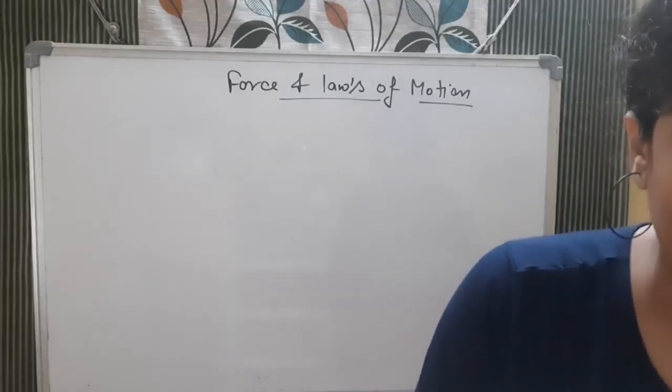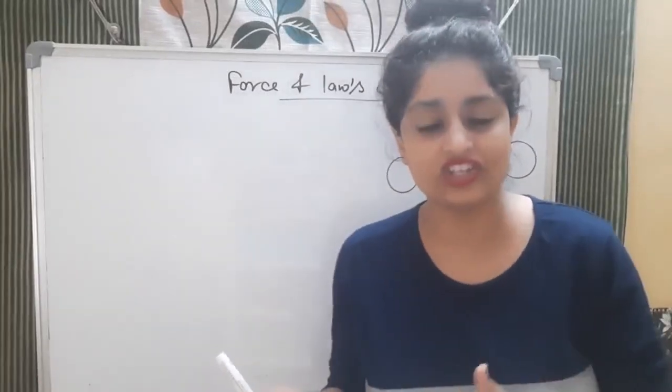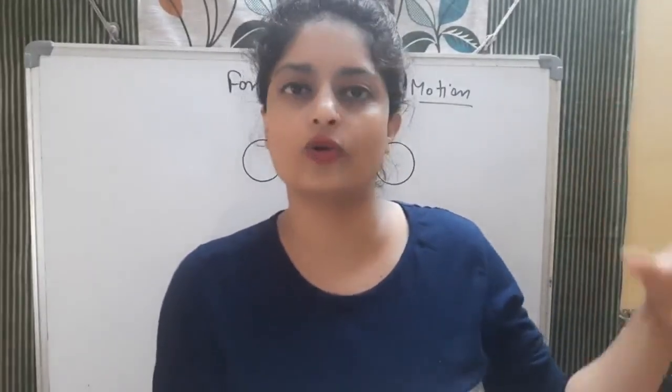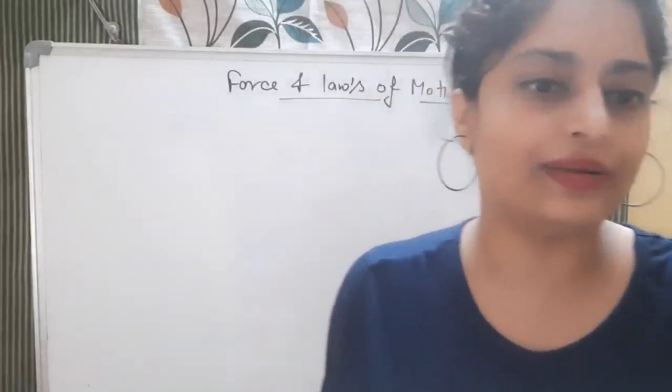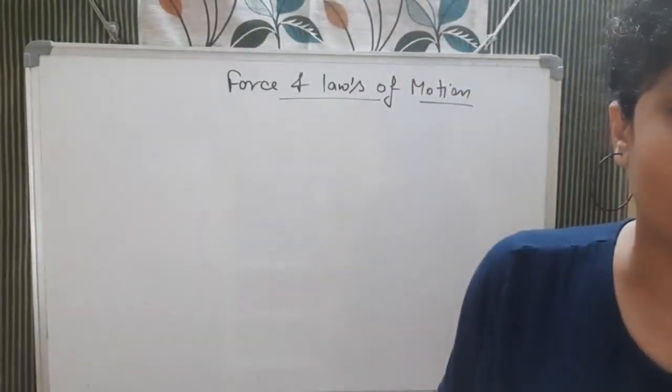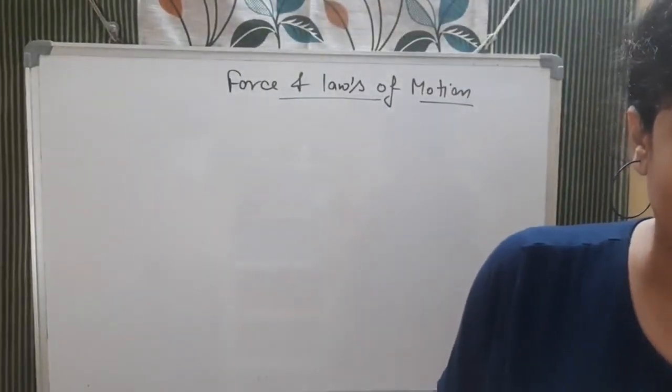You all know that if there are any changes happening in the state of the object, either it is coming from rest to motion or motion to rest, or it is changing direction, it only happens when there is some force. In the case of the ball, when the ball is moving and then slows down, what is the reason? There is frictional force, we can say resistance, opposing the motion. So the answer will be the C part: there is a force on the ball that opposes the motion. Okay, so this will be the answer.